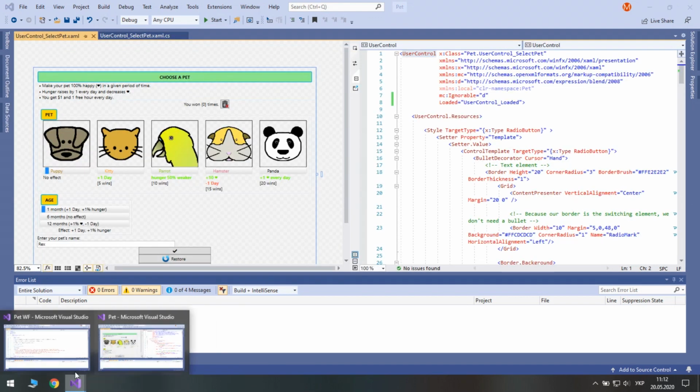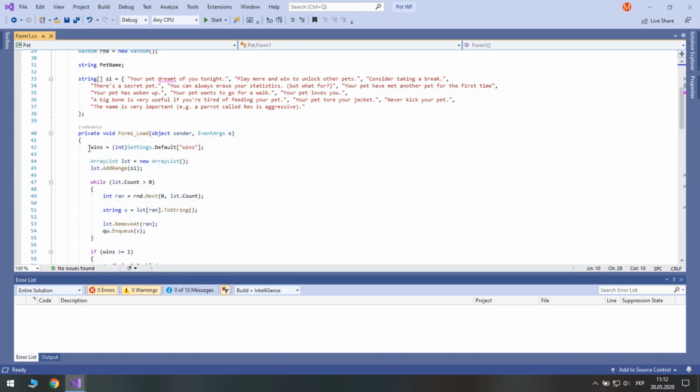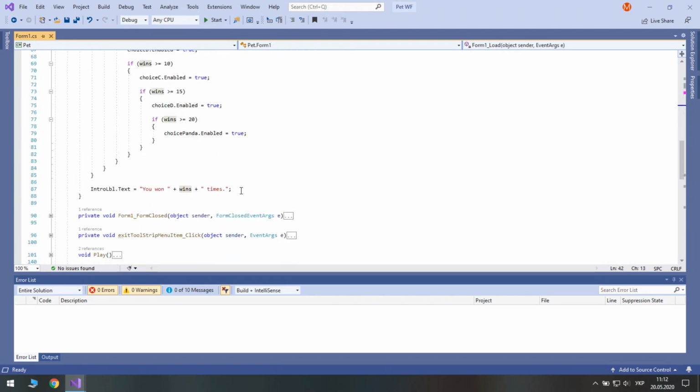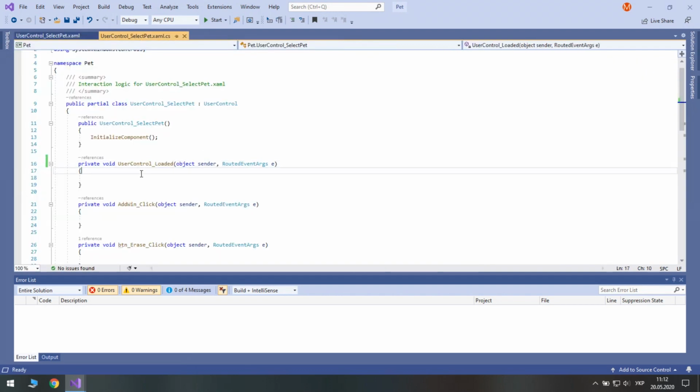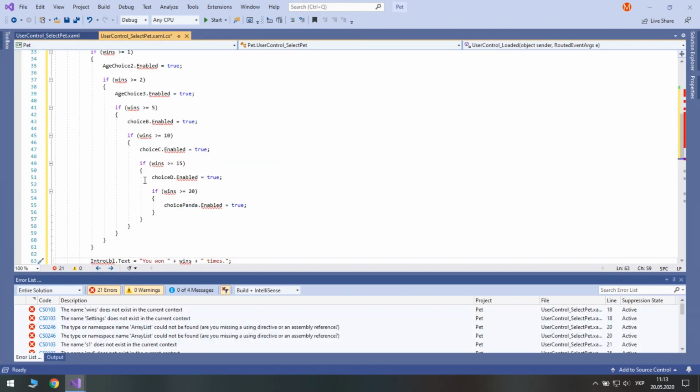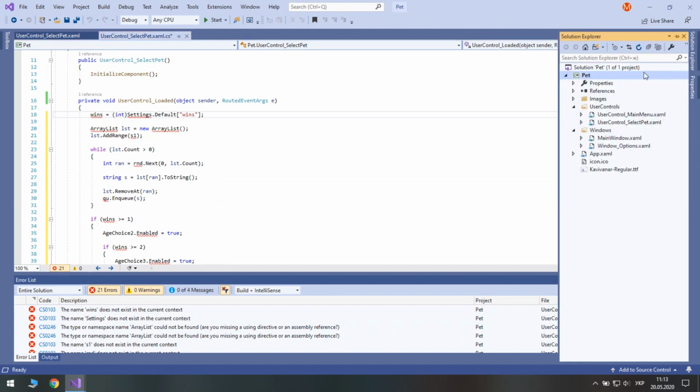We will copy piece by piece from here to the WPF project, but we need to remember to separate pet selection from the game. Let's begin with the loaded event. Let's add a wins setting of type int to the project.